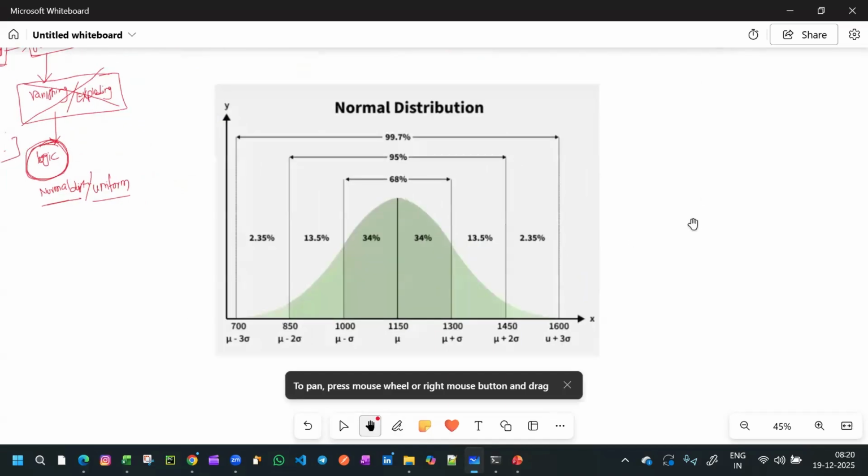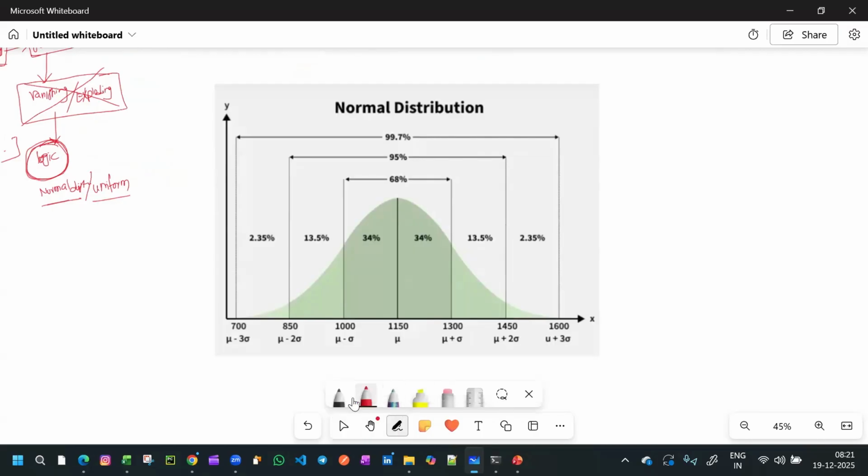Okay, fine. So normal distribution means you take some values. In any distribution, normal distribution or uniform distribution, there are many distributions actually. The concept is that for every distribution there must be some logic for how the values are being distributed. In normal distribution, if I want to generate a list of values randomly,